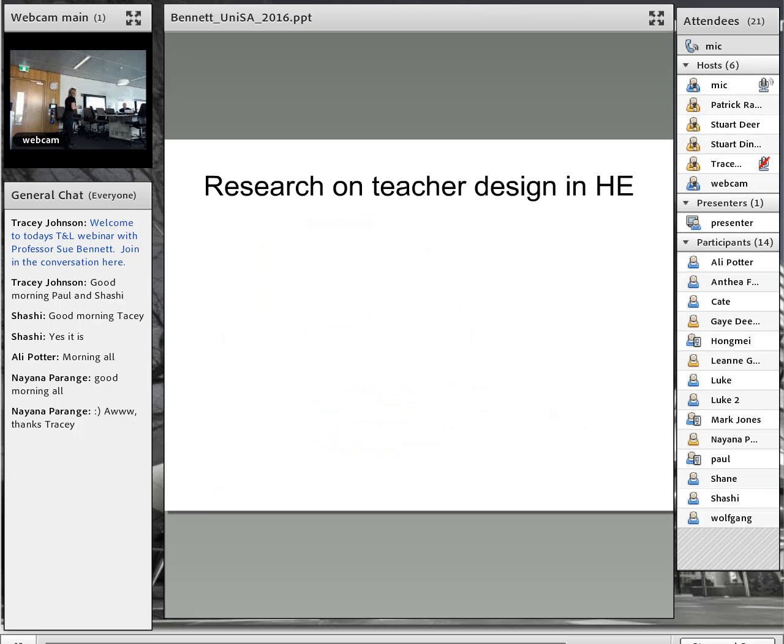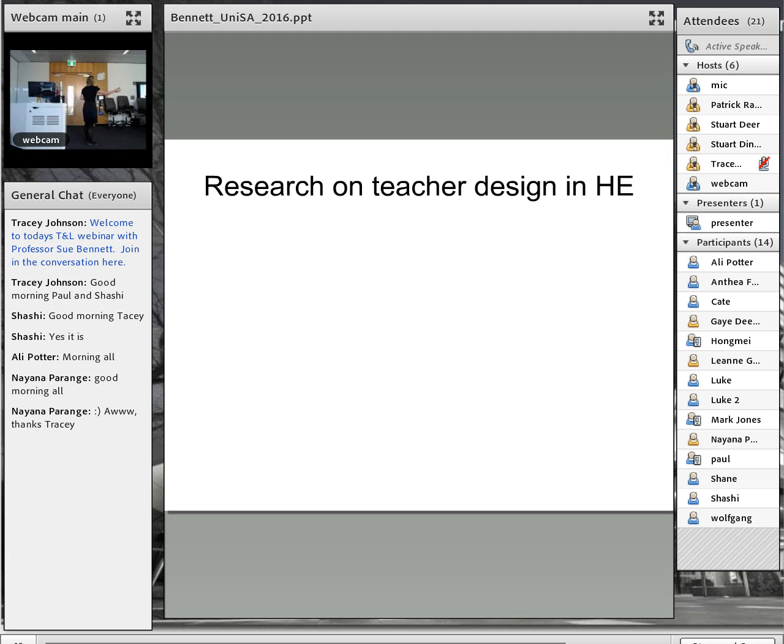Okay, so those are the reasons why we should think that design thinking is relevant to higher education. We've got this complex environment. Teachers already do some of this already, so it's part of the job description, although it's hidden. And we've got this knowledge about design already. So what I want to do now is say, if that's the situation, what do we know already about how teachers design in higher education?